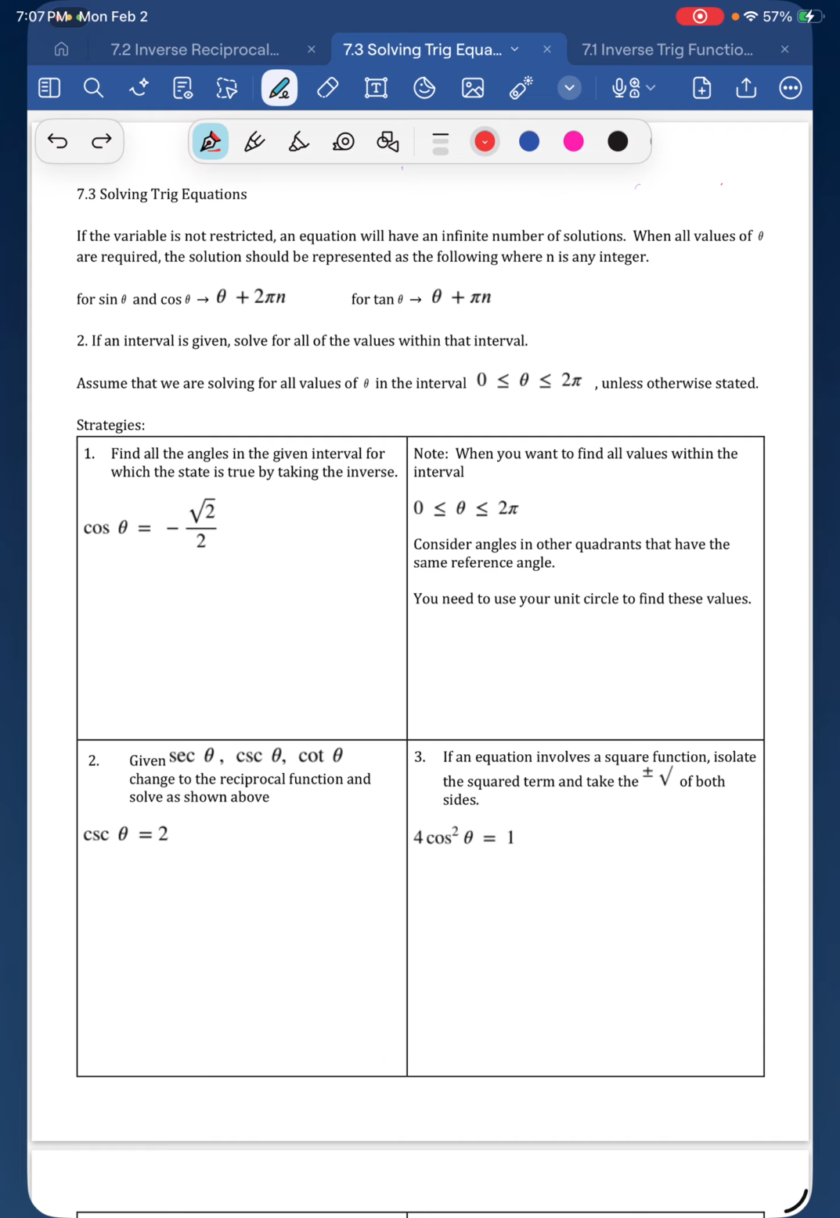So you should have gotten a note sheet from the substitute. Something that you have to keep in mind, other than you have to know your unit circle, is solving a trig equation is different from finding its inverse. Okay, so there's a couple things. First of all,